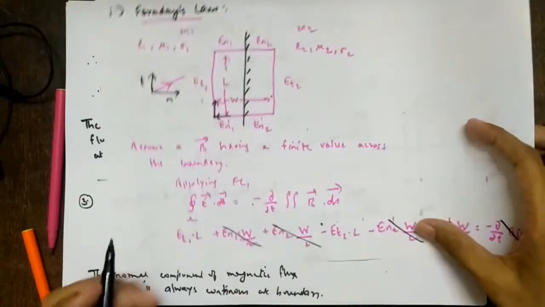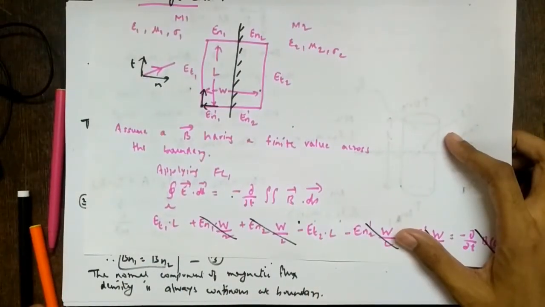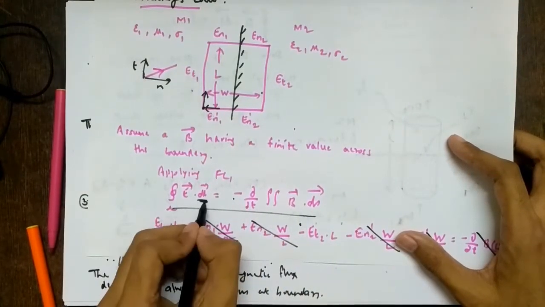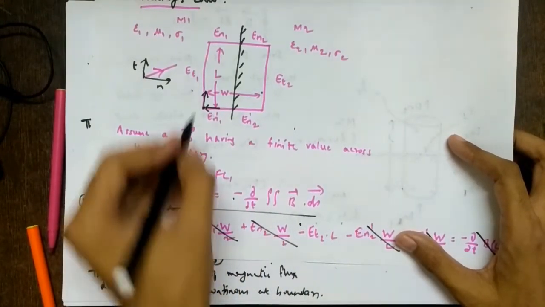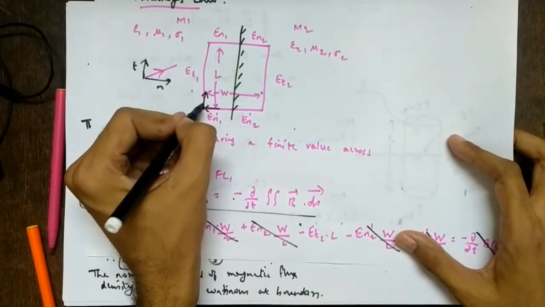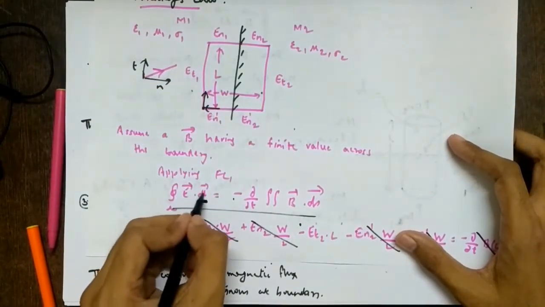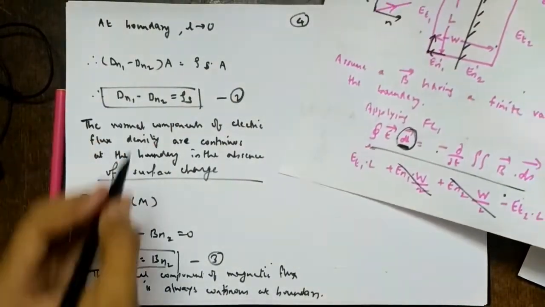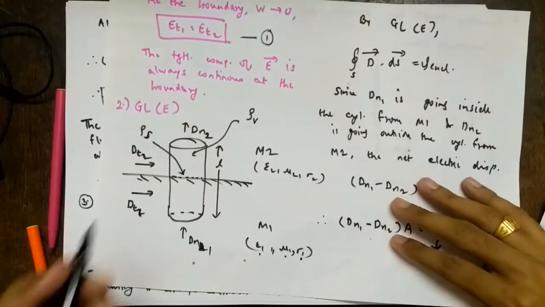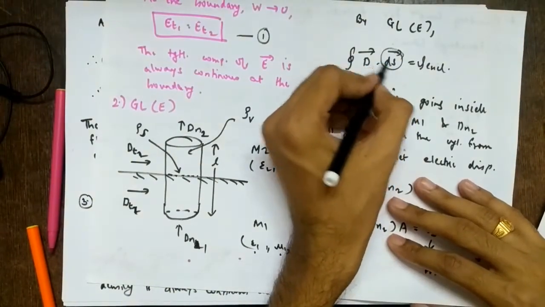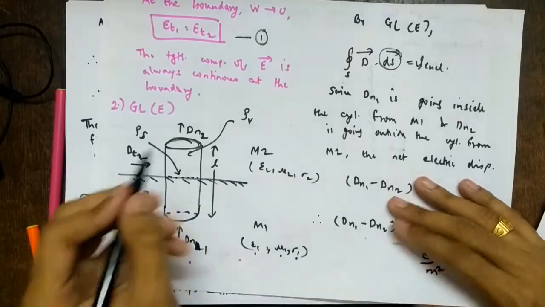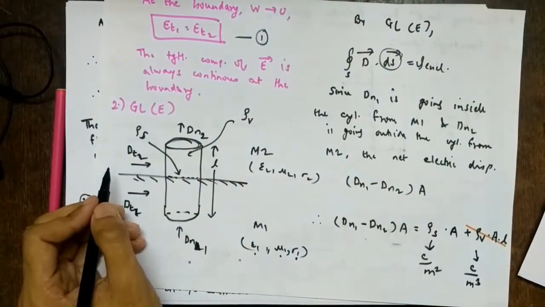So if you see the formula for Faraday's law, it is this formula. What is that? dl vector. So you require something in terms of length. So length is given like this, right? So it should be a 2D diagram. That is what this line indicates. But if you are talking about surface, for Gauss law, you add a surface, right? So you should define a surface. So this circle defines a surface. So this is a 3D diagram. So that is the reason we draw it in this way.